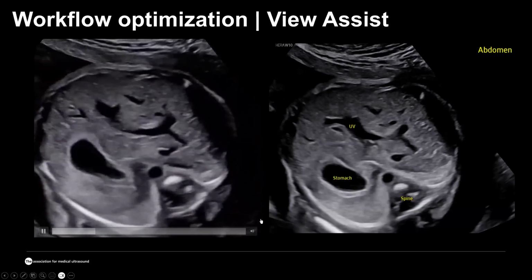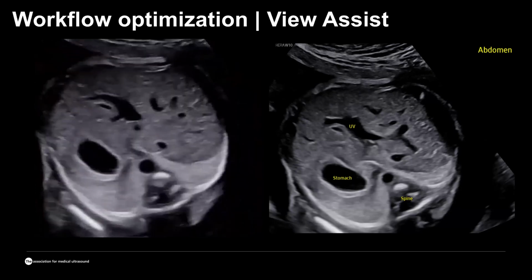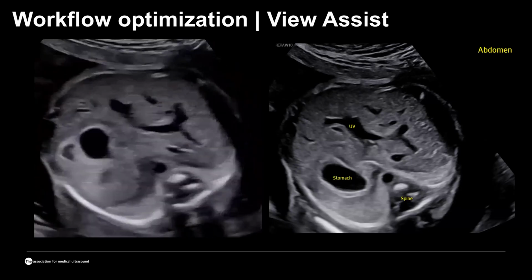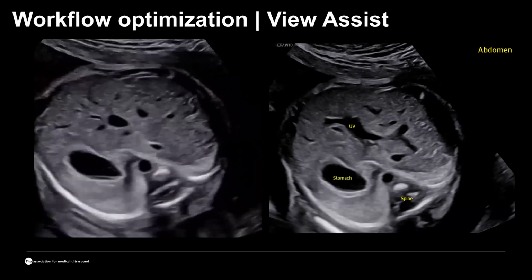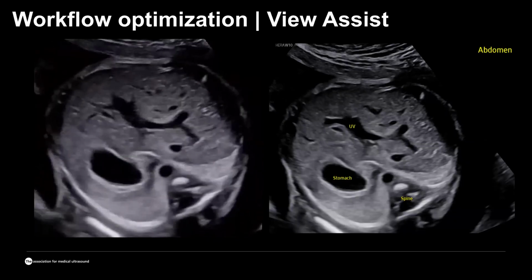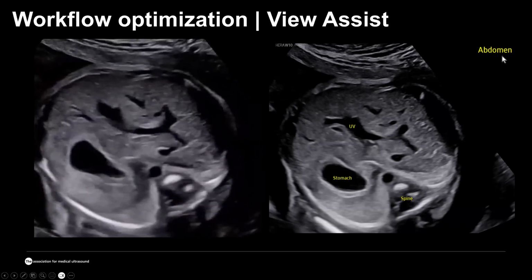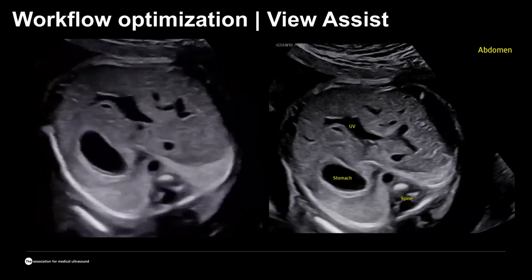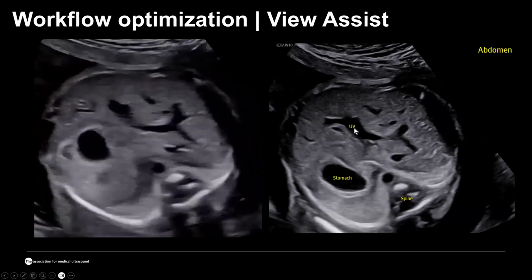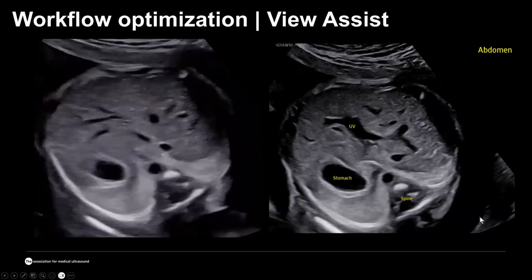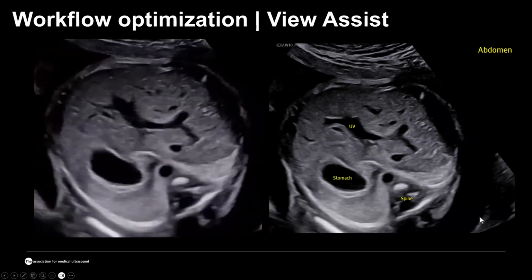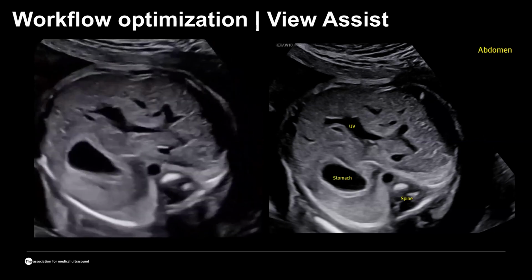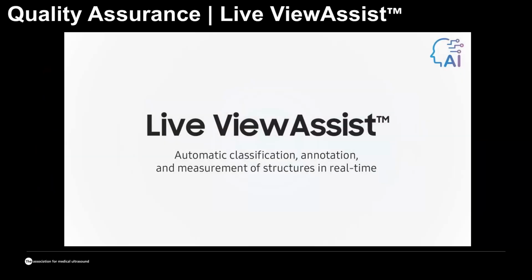And once you freeze and ask your personal View Assist program to put the auto annotations, that is performed automatically. So you know that this is the abdominal circumference, the reader of your exam knows why this picture was taken, and then you can see the umbilical vein labeled, the stomach, and the spine. So that is really important, not just for the person who performs the scan, but for those who read them too.